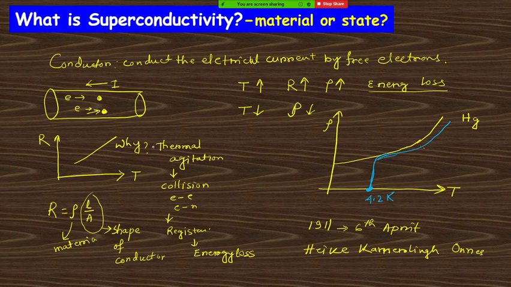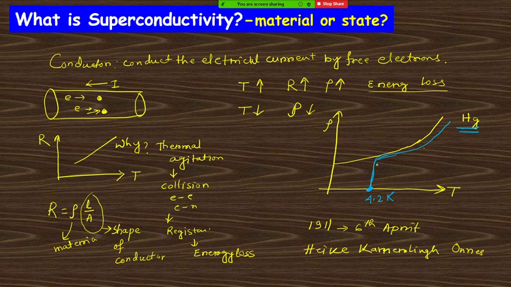So, in principle, by this nature, we expect the curve will be like that. With decreasing temperature, the resistivity will decrease. But in case of mercury, he got the result that at temperature 4.2 Kelvin, the resistivity reduces sharply and tends to zero. That means the current will increase hugely, of the order of 10 to the power 6 times, from that point to that point, and this nature is sharply